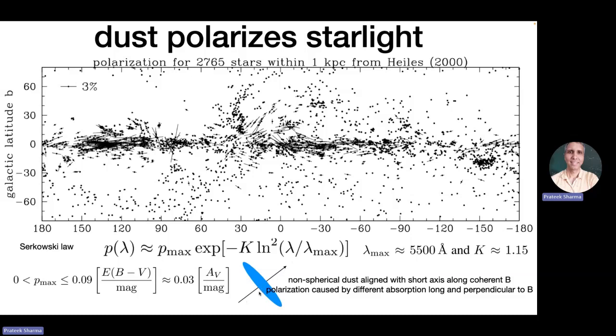So this polarization of the background light will suffer different absorption. It's sort of like in optics, when you have optical elements, like a thin wireframe material like this, and if you rotate it, and you have unpolarized light in the back, you can polarize it along this direction. So that essentially does the same thing. The other thing is it may be that only certain size dust is able to quickly align in this way. So this observation of polarization tells us a lot about the dust dynamics and magnetic fields.